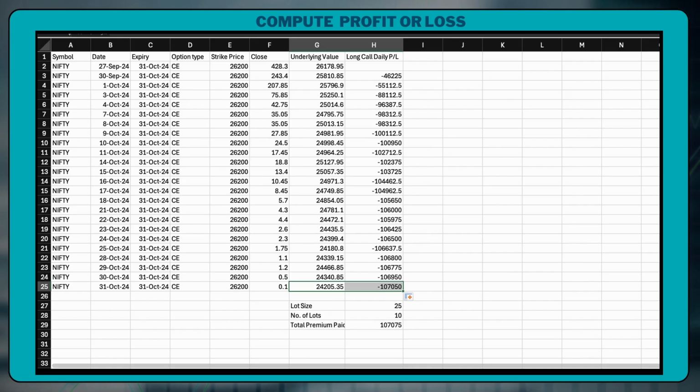Now, the opposite scenario applies to the short call position. The person who sold the call option would have gained the entire premium amount as profit. It's important to note that the call option buyer had the right to purchase a Nifty index at the strike price of 26,200 on the expiry date. However, by the time of expiry, the Nifty spot price had fallen to